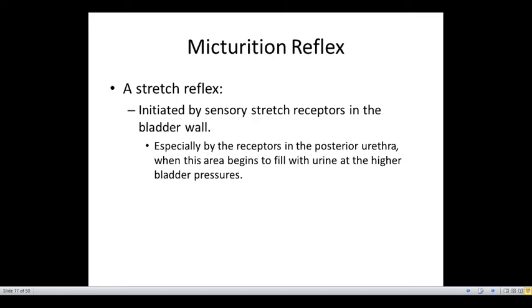These contractions are the result of a stretch reflex, which is initiated by sensory stretch receptors in the urinary bladder wall, and especially by the receptors in the posterior urethra. When this area begins to fill with urine at the higher bladder pressures,